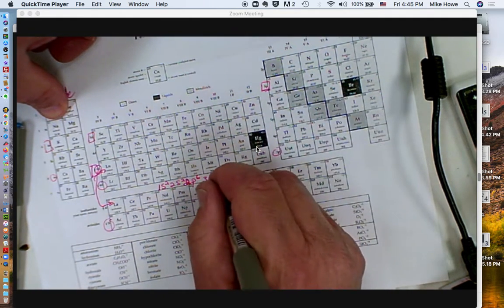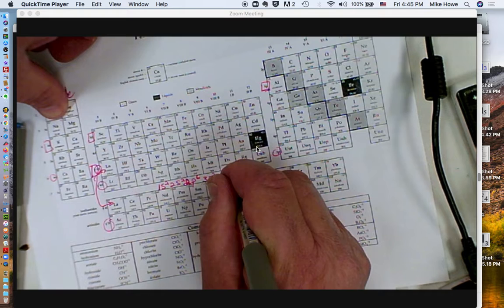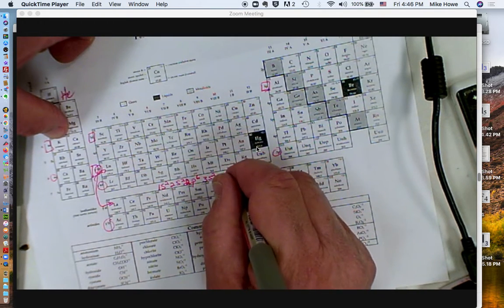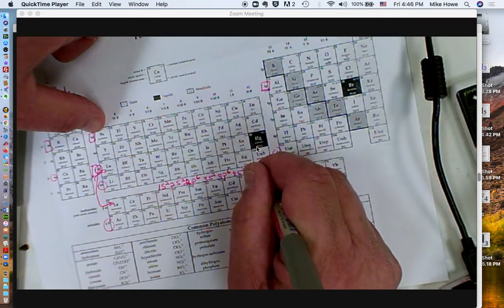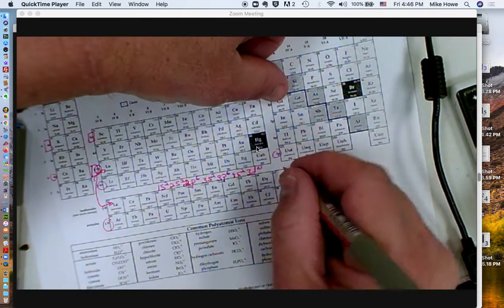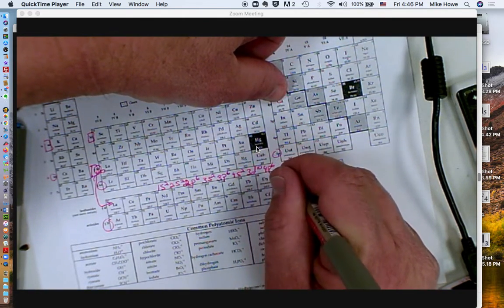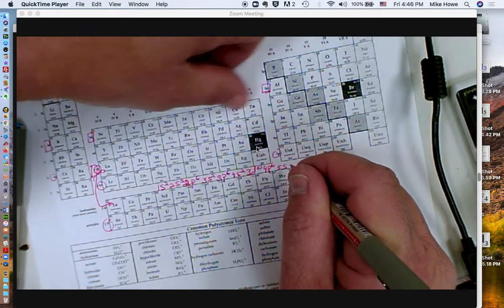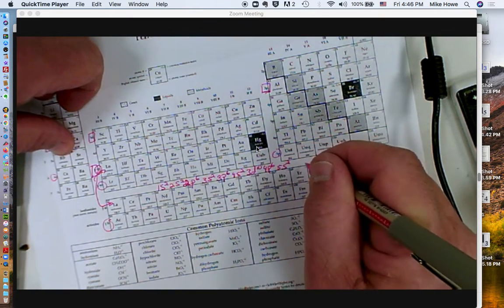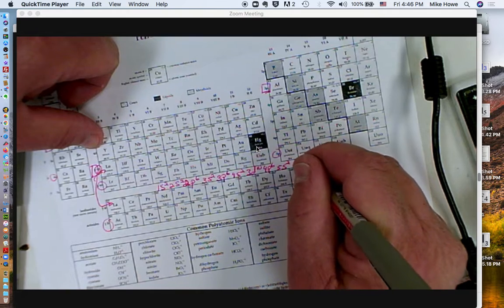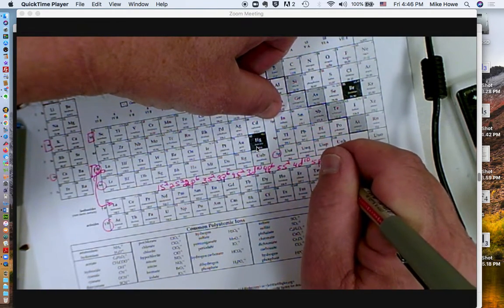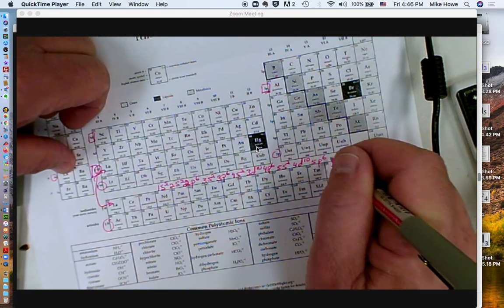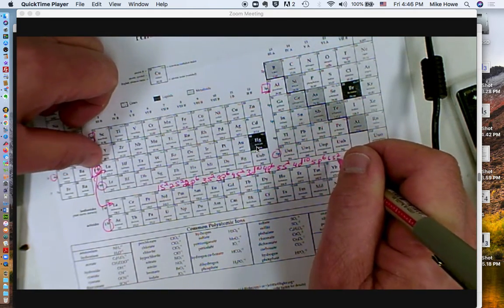And then 3p, 6. And then we have 4s with 2. Then 3d with 10. I'm not up to lead yet. I got a ways to go. So just keep going. Then 4p with 6. And then 5s with 2. Then 4d with 10, and 5p with 6, 6s with 2, and then we have to go down to this